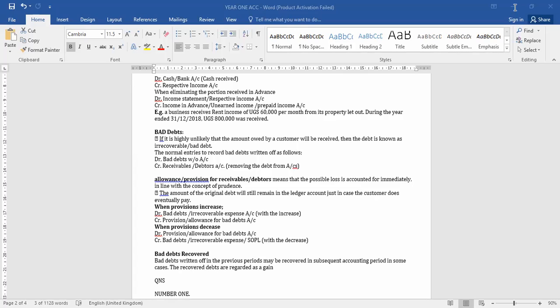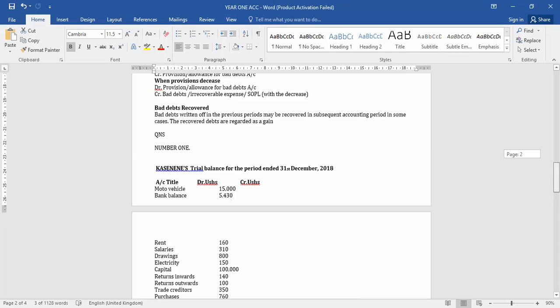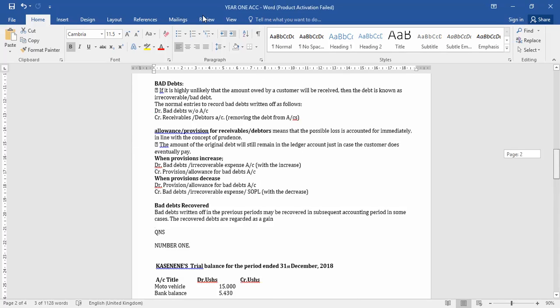So I hope I've explained a little more. Maybe if Simon has gotten anything from that, I can talk about provisions. I'm not trying to repeat. I'm just trying to fill the time so that the link can expire. Then we issue another link where he will be continuing with the question. So maybe briefly about allowance or